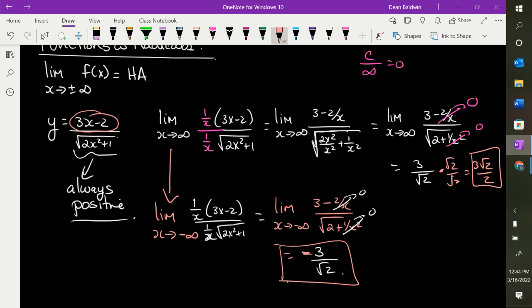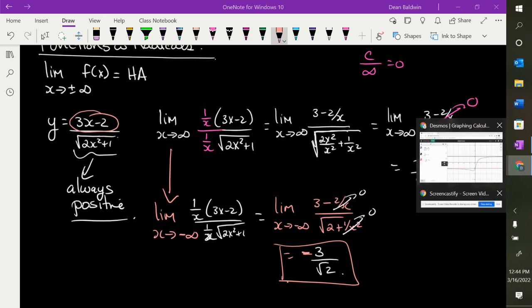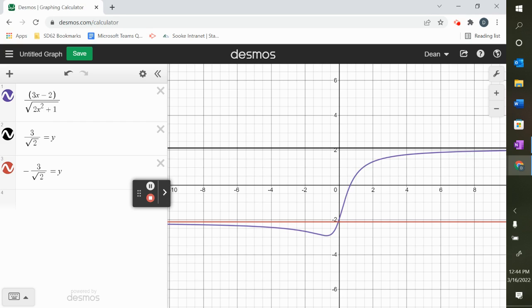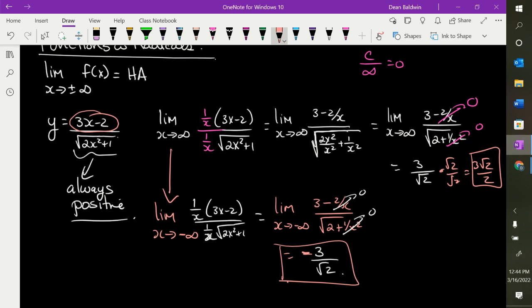Close to the origin, and close is a relative term. You can cross it because it's describing the behavior of the function as x gets really, really big or really, really small. So when you have square roots, just be aware that you can get 2 different asymptotes depending on which way you go. So you can do all the math, but you still have